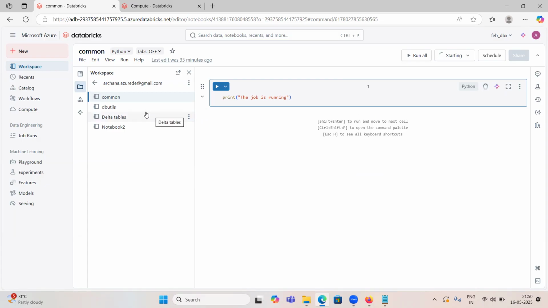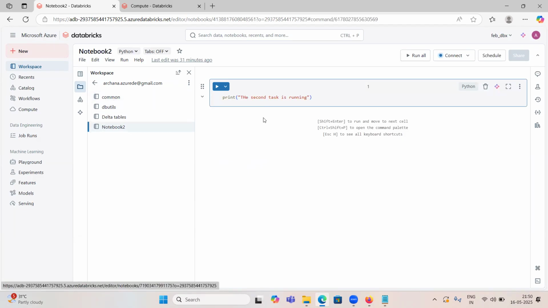Then what will every developer do? Maybe I am working on this notebook too. I want to run this notebook, right? I don't want to write the functions here, I don't want to include them here, because they are already inside one notebook. How can I import these commands or variables or this notebook here? You just need to add